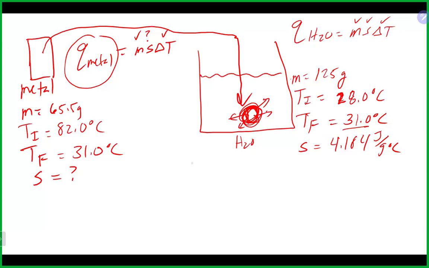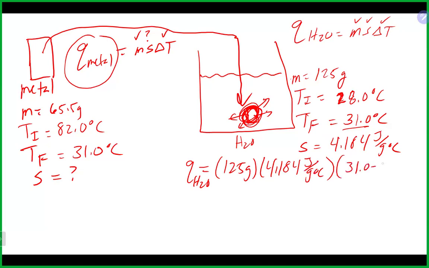absorbed. So let's do that here with my made up numbers, see how bad I did. We got 125 grams. We got our specific heat here. Obviously, this is the water, 4.184 joules per gram per degree Celsius. We're going to do our final minus our initial. And in this case here, we got that and that. So 1569 looks like. 1569 joules. It's a positive number, which makes sense, as that again is endothermic for the water,